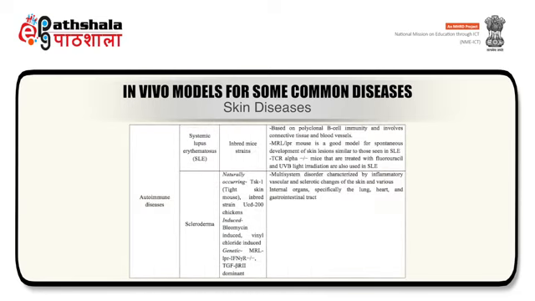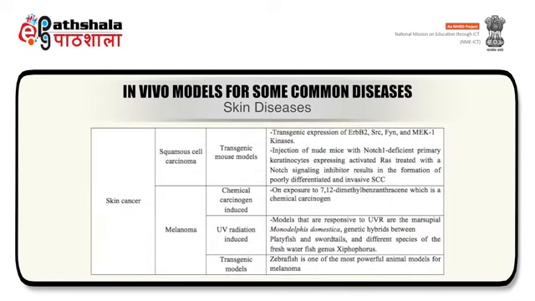The autoimmune disease category includes systemic lupus erythematosus and scleroderma. For the induction of systemic lupus erythematosus, inbred mouse strains are used. For scleroderma, the naturally occurring tight skin mouse and the inbred strain UCD 200 chickens can be used. And if scleroderma is to be induced, then bleomycin or vinyl chloride can be used. The third type of skin disorder is skin cancer, which includes squamous cell carcinoma and melanoma.